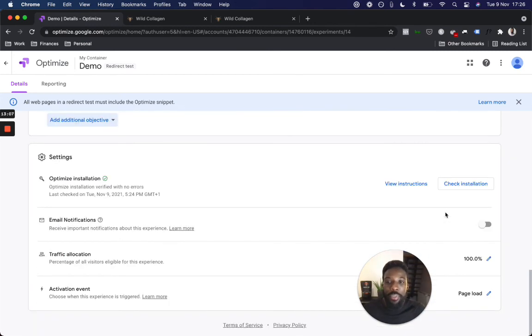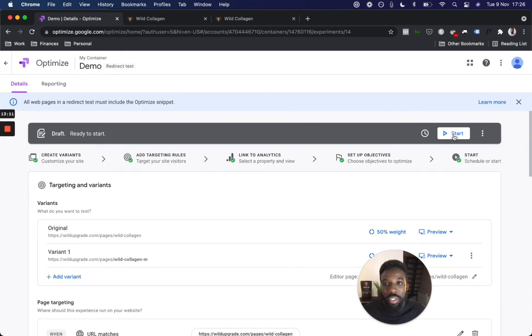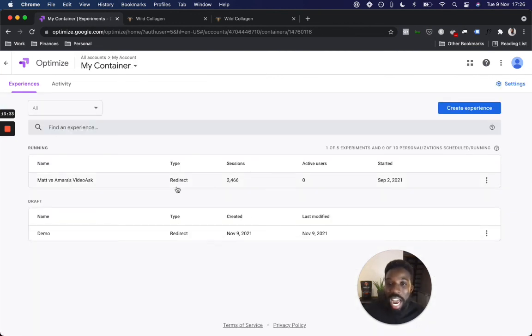Now, if I was going to go ahead and do this test, I would just click on start, right? And if you click on start, then you're off to the races, and you can wait for the data to come in and then analyze the results to see whether one is performing better than the other. So this is exactly how we did it for Wild Upgrade. I'm going to go ahead and delete this one because it's basically the same thing as we've got over here. But I hope this helped you figure out how we can run A/B tests,